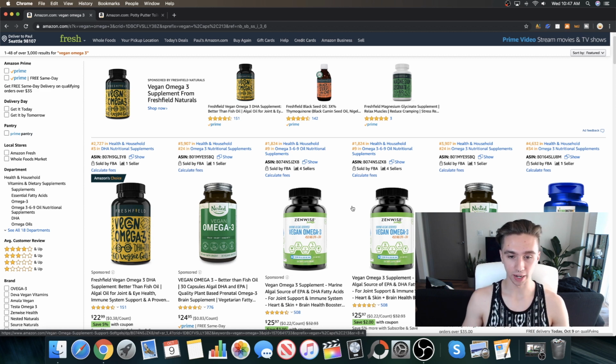I'm guilty of buying vegan omega-3. I do think it's important. Take your vitamins. Okay, so right away, why don't we analyze this a little bit? I'll let you guys pick my brain as best as we can virtually here. So which one did I buy? That's a fun question to start with.